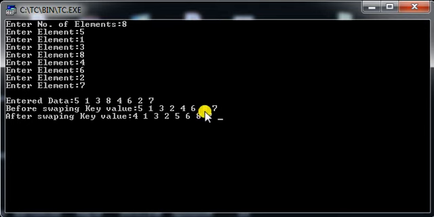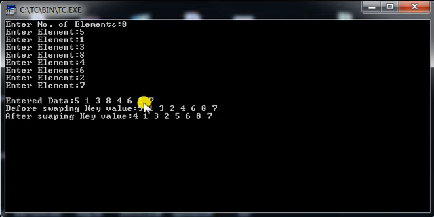As you can see over here, 8 is replaced with 2, right? And we continue the same procedure. If I replace this 8 with 2, then again I need to find a value larger than 5, so it will be 6. And from the right-hand side I need to find a value smaller than 5, so that will be 4. As you can see, now ki and kj are swapped with each other, right? So my content is now 5, 1, 3, 2, 4, 6, 8 and 7.